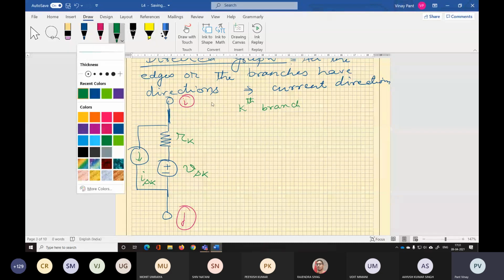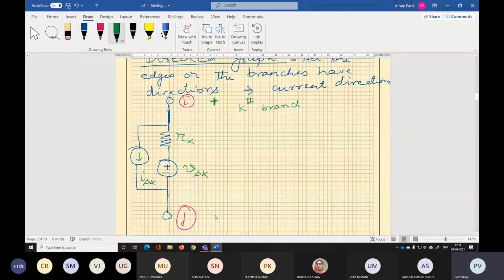So we said that the voltage between the ith node and the jth node is plus minus Vk. This is the voltage across the kth element of the network, and the current that goes into the kth element is Ik. This is as per our passive sign convention.